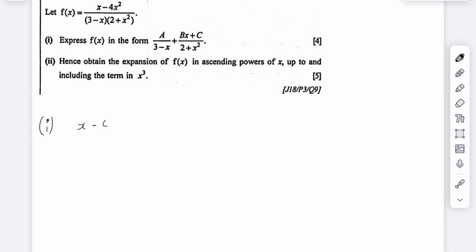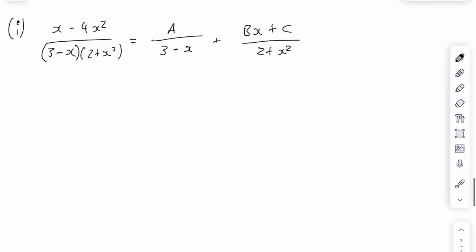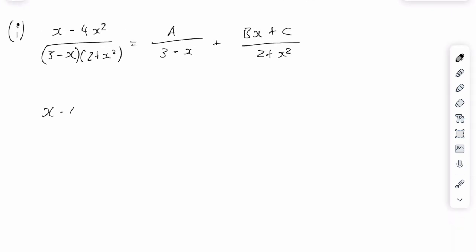We'll say x minus 4x squared over 3 minus x, 2 plus x squared is equal to a over 3 minus x plus bx plus c over 2 plus x squared. Realize that this is the form that they have requested, and that's the form we're going to put it in. I can then say x minus 4x squared is equal to a(2 plus x squared) plus (bx plus c)